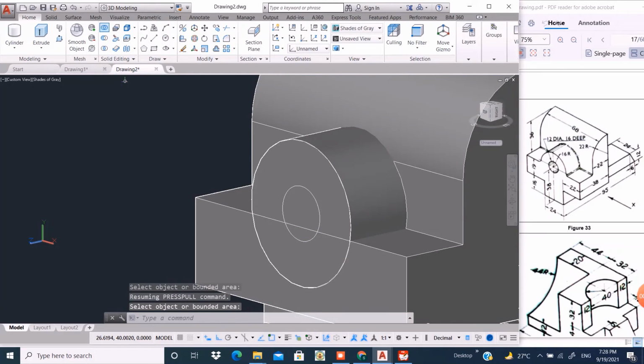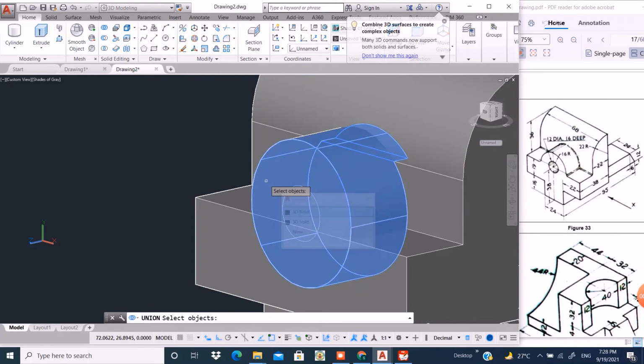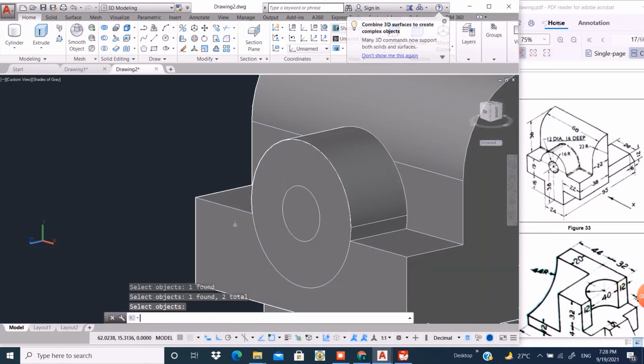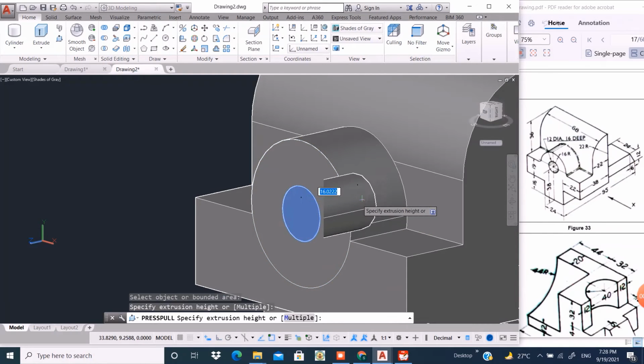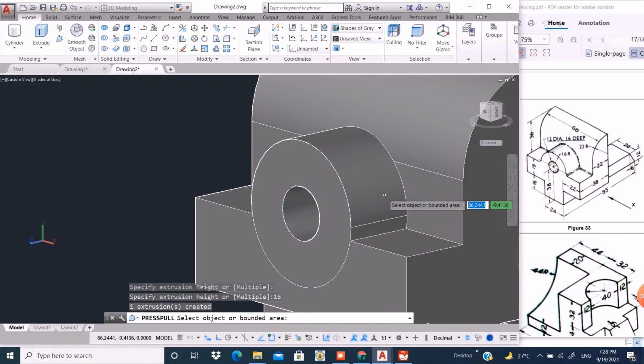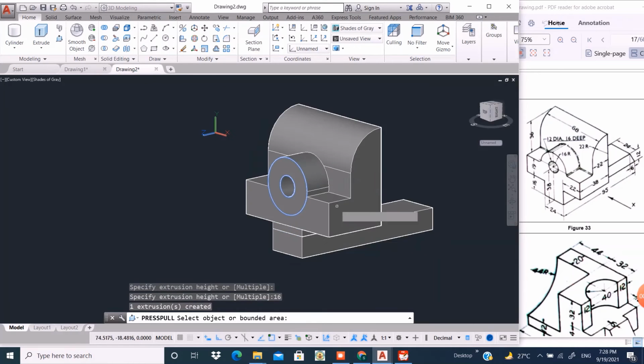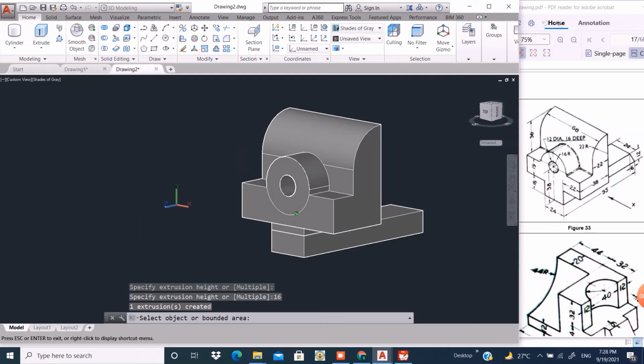First we have to union this object, so select this portion and union it. Okay, now go to presspull command, click here and take it back a distance of 16 units. So a hole is created. Here it is.